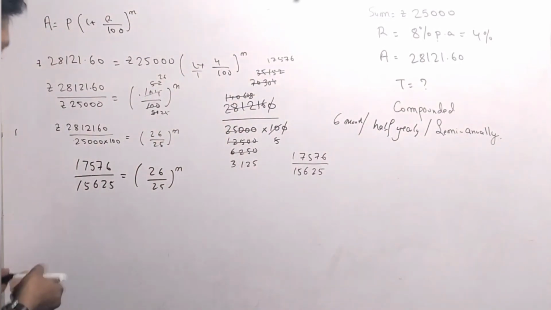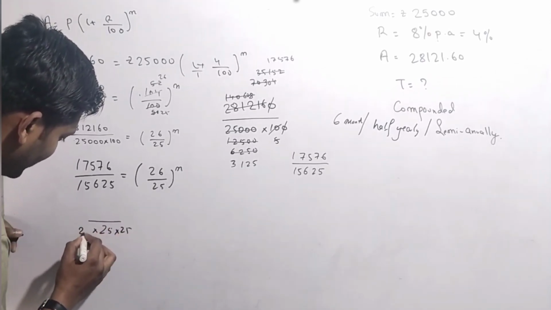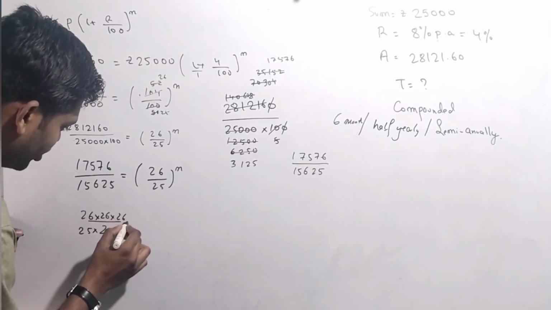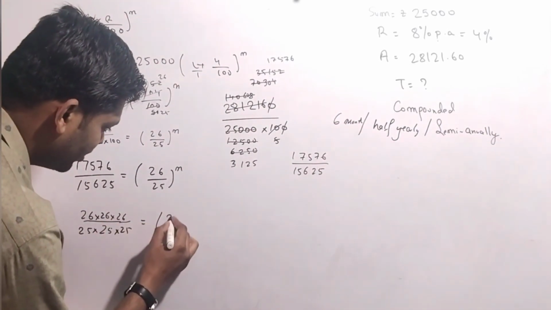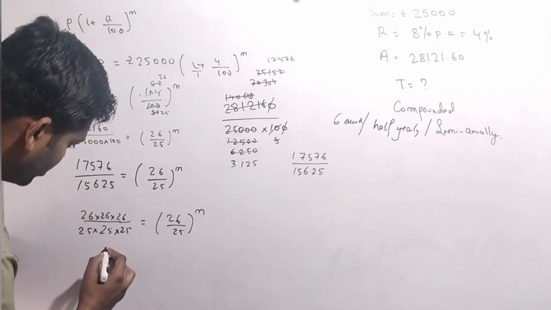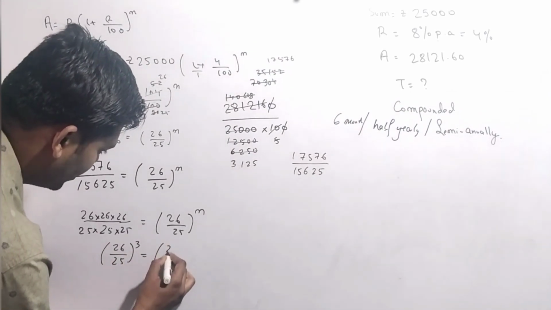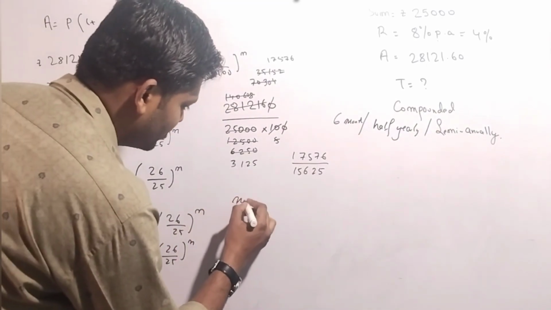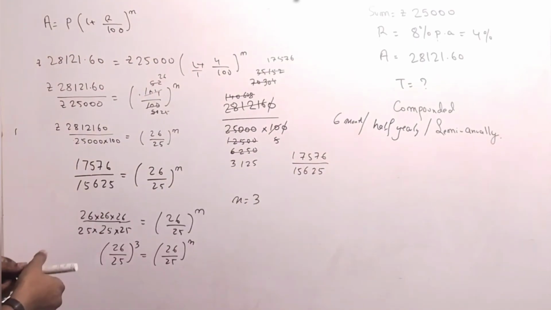If you multiply 25 three times, you are going to get this number: 25 into 25 into 25, and here it will be 26 into 26 into 26. This thing you have to do. If it is 3 times, this should also be 3 times. If you're not getting it, somewhere you made a mistake. So now this one we can write like this: 26 by 25 to the power 3 is equal to 26 by 25 to the power n. So now n is equal to 3. So we got n equal to 3, but it is about semi-annually. If it is annually, the answer is right. But